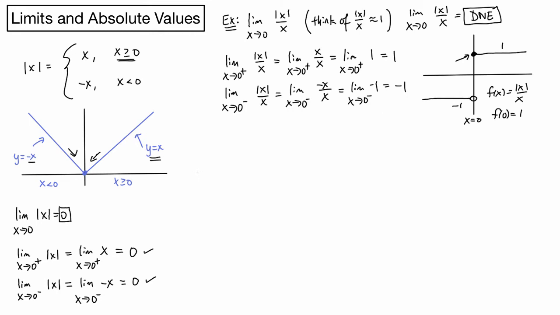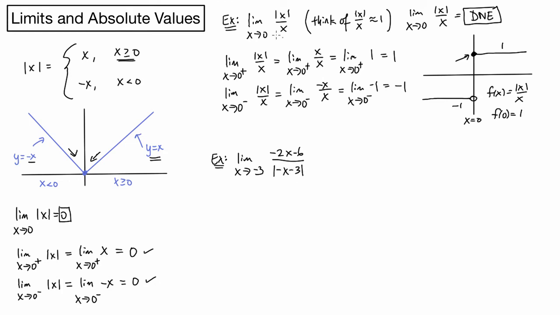A lot of times we'll be dealing with absolute values that aren't centered at 0 like this, and so we need to look at their limits at other points. So let's look at another example where that's the case. So if we have the limit as x goes to -3, let's say, of -2x minus 6 over the absolute value of -x minus 3,